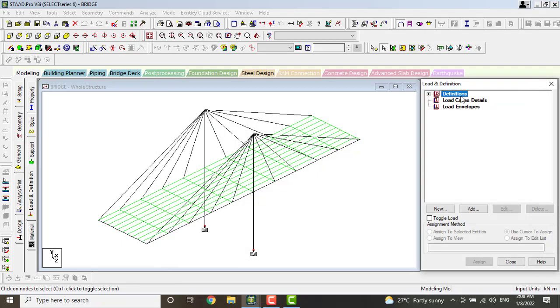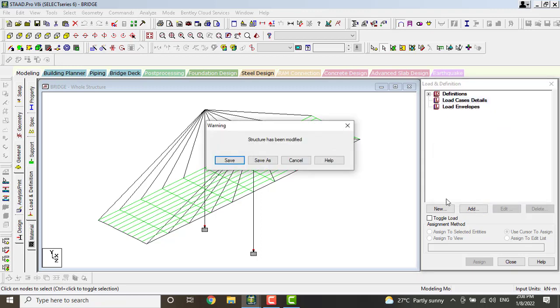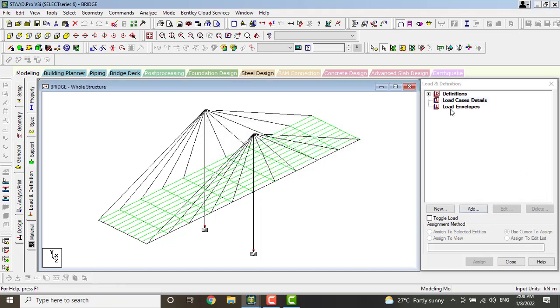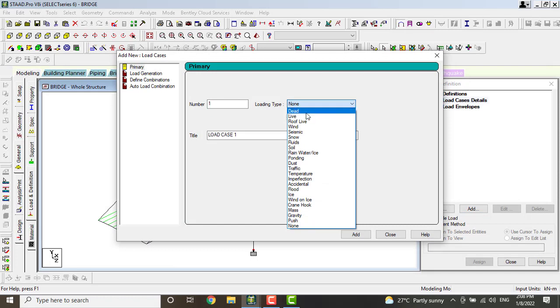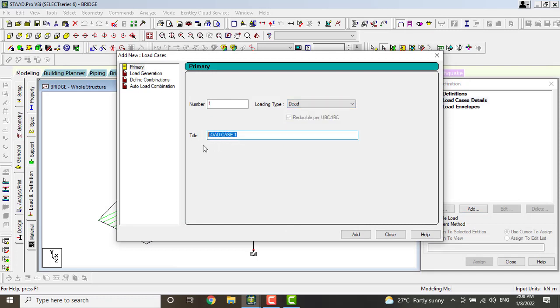Next, we have to minimize this. Next go to load case details. In load case details, select the dead load as DL. Click on add option.